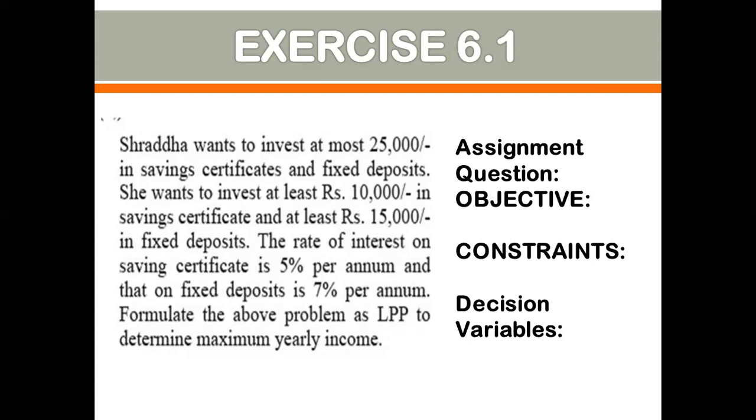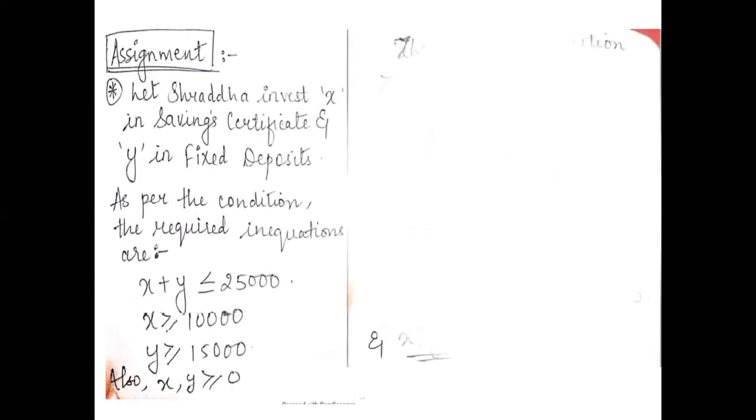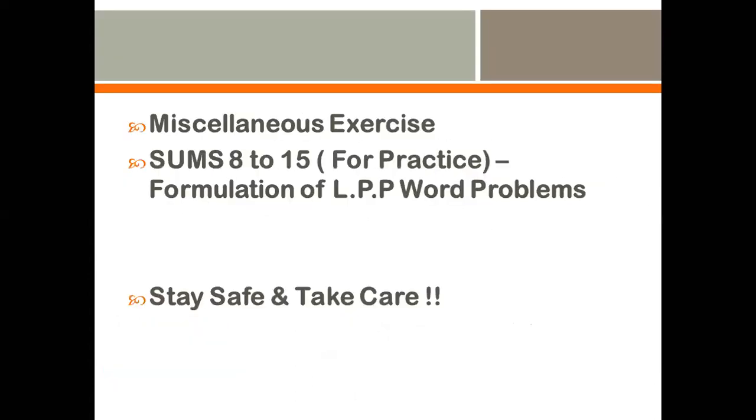After the inequations are done, you can write your non-negative constraint. The income when you deposit, you get in the form of interest. So what is the percentage? 5% and 7%. So 5x upon 100 plus 7y upon 100. This can be your objective function. We have discussed it orally. I hope you all can practice that. The solution I have also already shared, but you will see the solution only after solving your sum, so you can cross-check that.